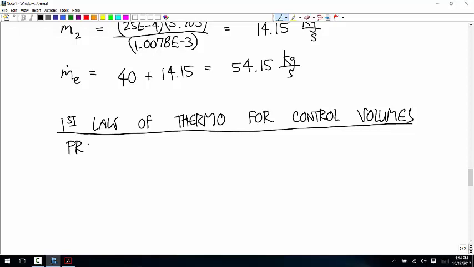So previously, when we did conservation of energy, the first law looked like